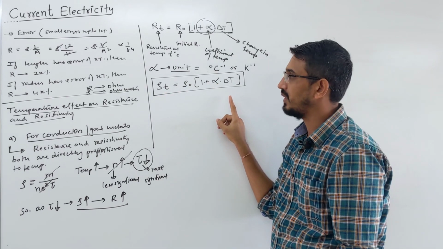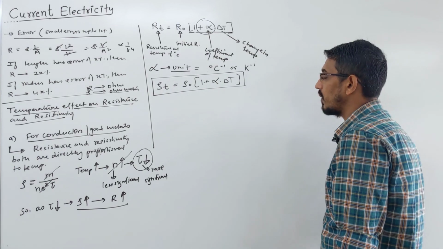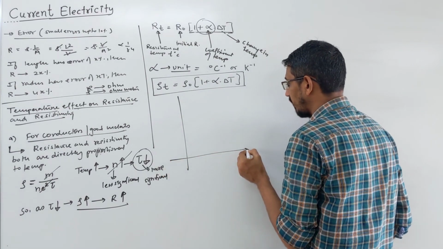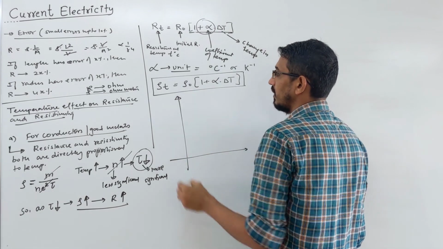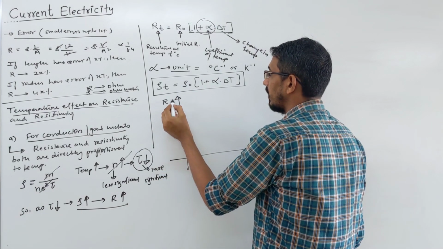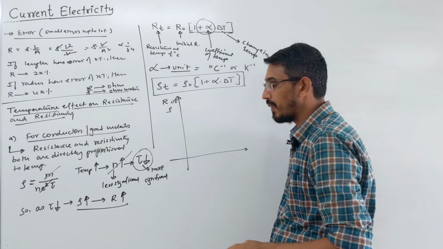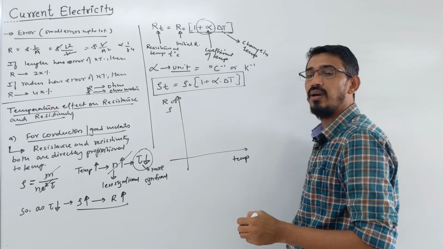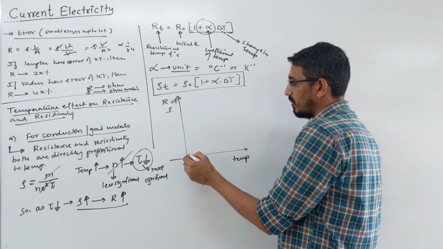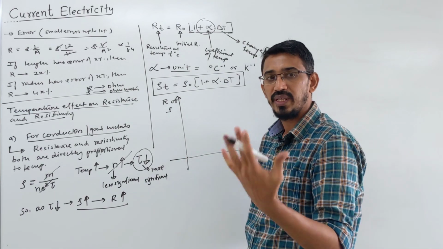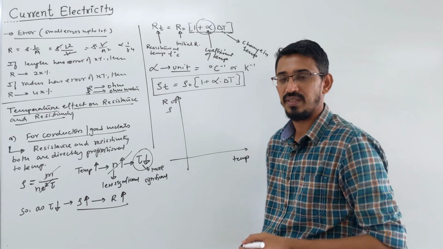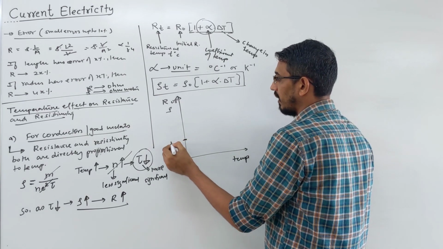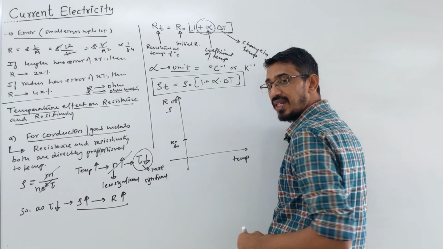If you want to draw the curve for a good metal showing how resistance and resistivity increase, on this side you can write R or rho, and on this side you write temperature. Then how does it look? Does the graph start from the origin? No, because everybody has some initial resistance and resistivity. So the graph starts from here, which you can call R naught or rho naught, your choice, the initial value.